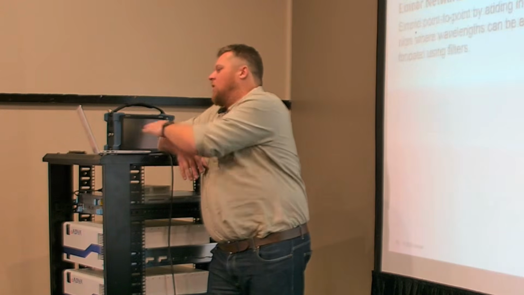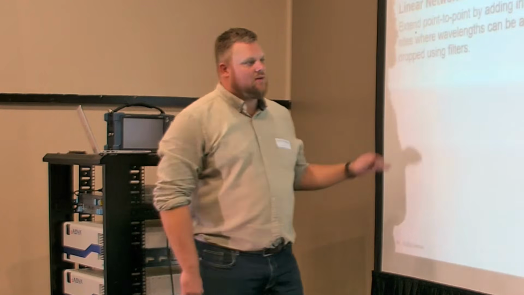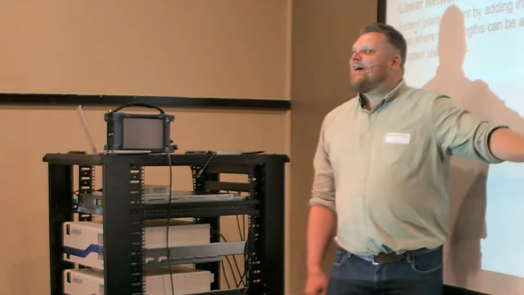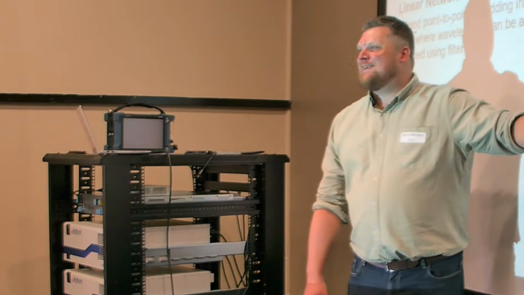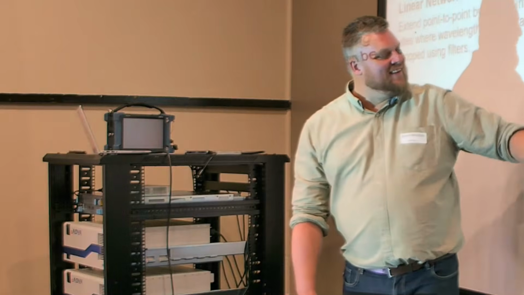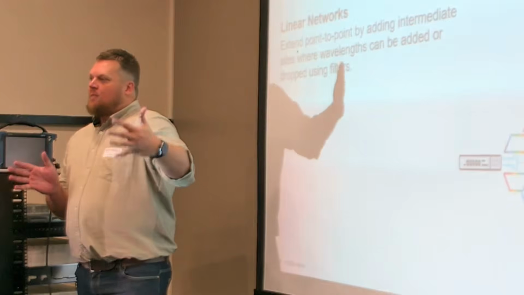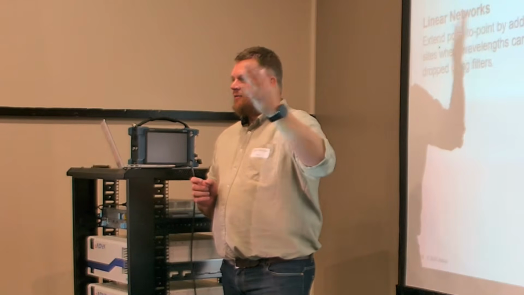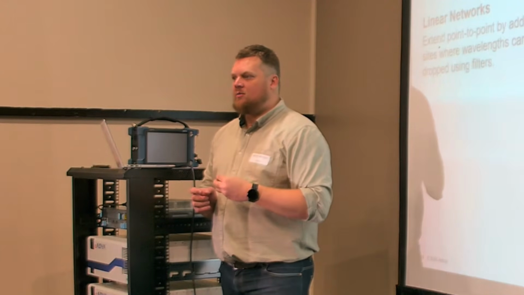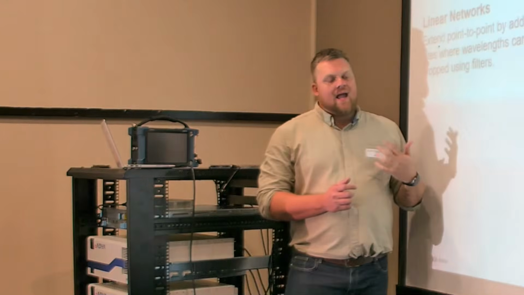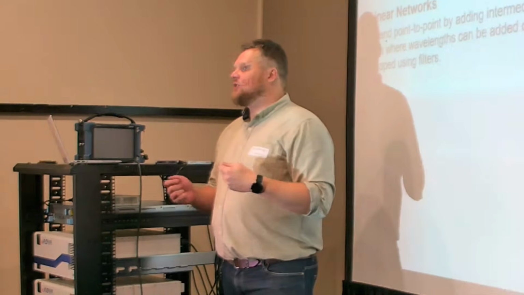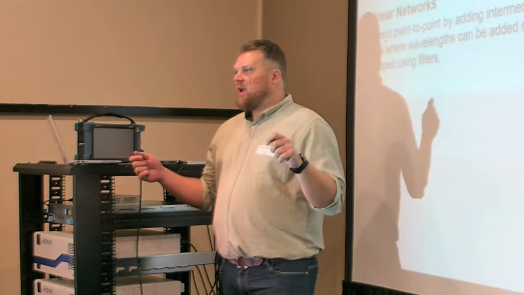Then we get what we call a linear add-drop network. So linear add-drop network, yes, it's a half a circle, because I was not going to do a straight line. I had this image ready, I just needed to delete a line, so I wasn't going to straighten it up. So what happens with a linear add-drop network, right? We've talked about our components. We've got muxes, and we've got our amplifiers and so forth, and then I quickly touched on the ROADMs. So a linear add-drop network is a methodology of delivering those services. It could be in a ring, this could be a ring configuration, that's linear add-drop.